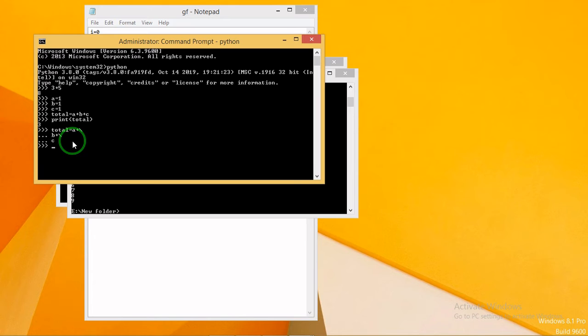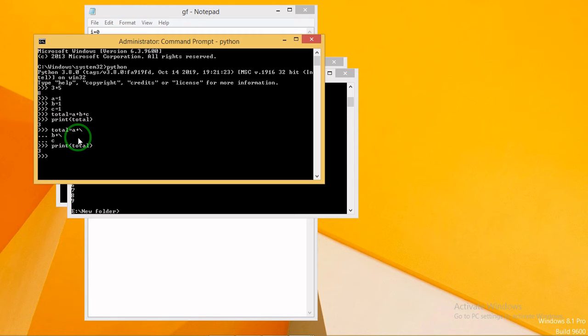Hit enter and see. So this is the same as the one line. These 3 lines are the same as that one. If I now print it, it shows the value 3. So this is all about multi-line statements.